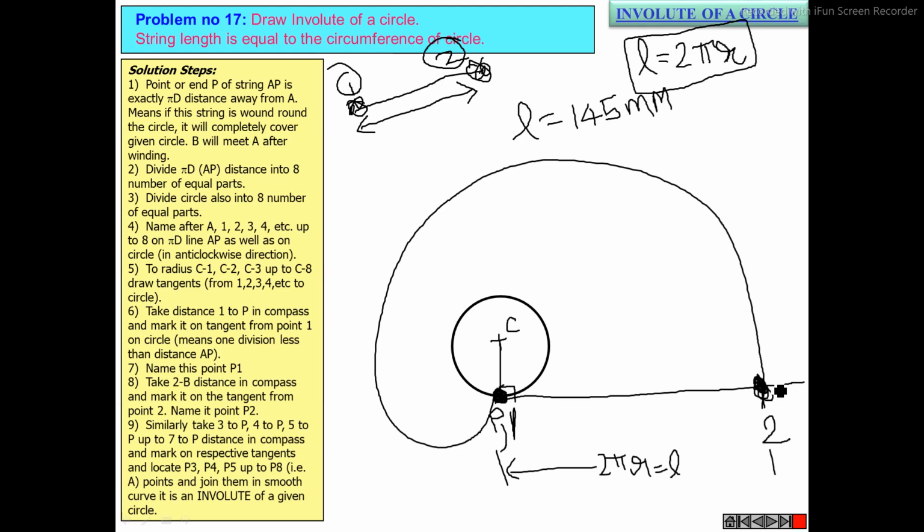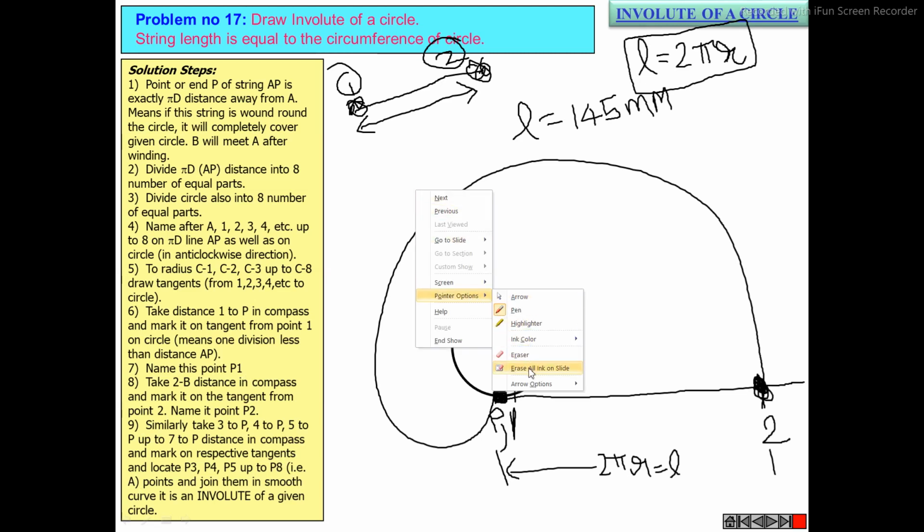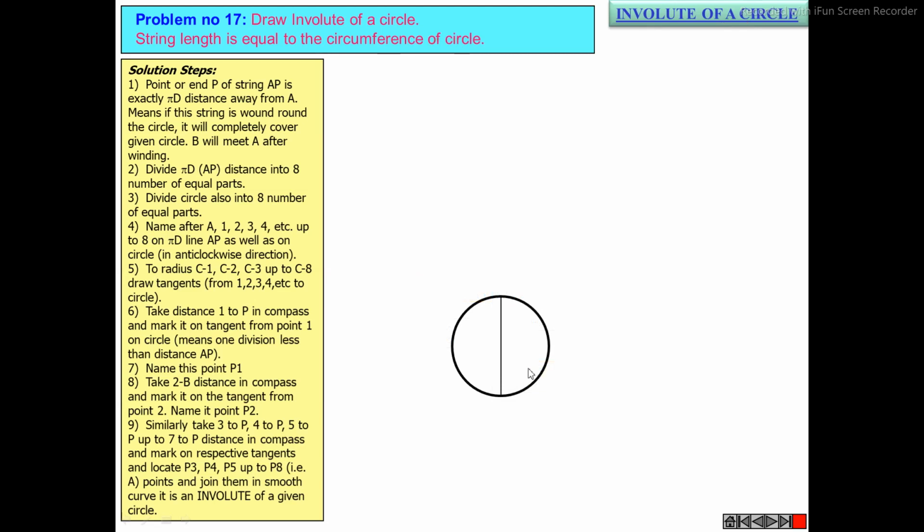Yes, sir. And you know how to divide a given circle into 8 equal parts. Already I have told you in the epicycloid case as well as in the cycloid and hypocycloid case. So just divide your given circle into 8 equal parts. Once it is done, mark the dividing points on the circle. Either you can mark in clockwise manner or anti-clockwise manner. There is no rule. See here I have marked the points on the circle in anti-clockwise manner as 1, 2, 3, 4, 5, 6, 7, 8. Clear?